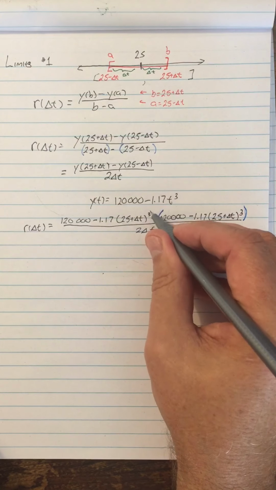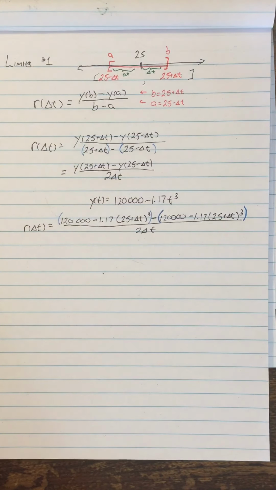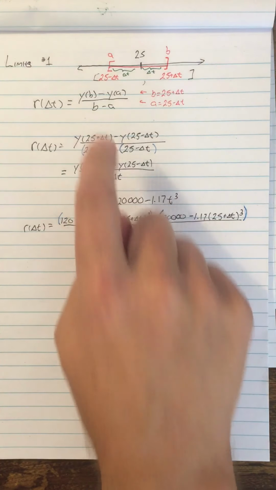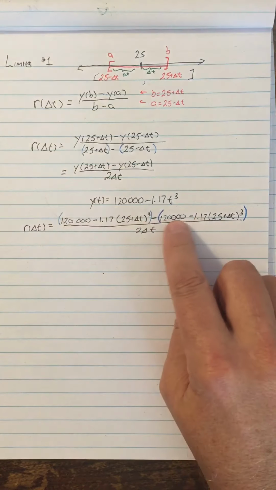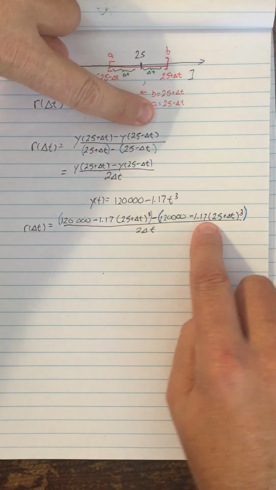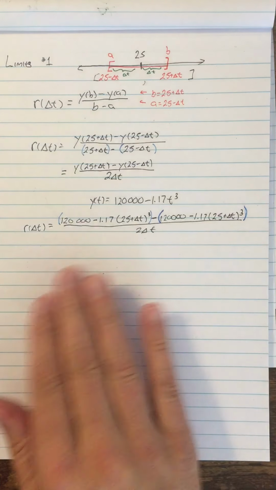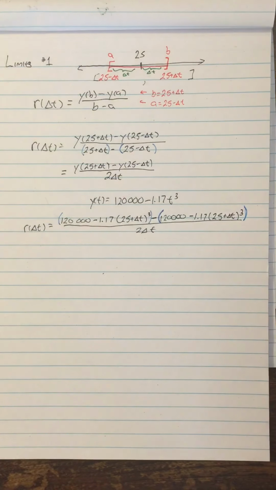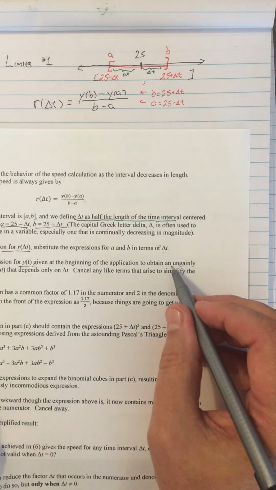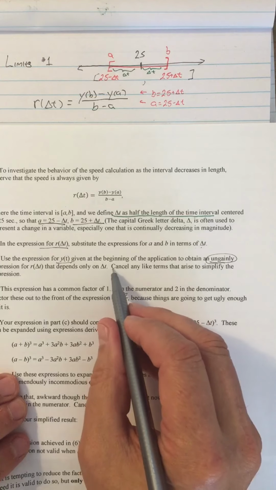Now, it's nice to put parentheses over here again, but we don't have to. They're not functional, but they are sort of suggestive in terms of this is y of 25 plus delta t, this is y of 25 minus delta t, and a minus sign in between them. All right? So that expression is quite ungainly. Yes, ungainly. All right, so now in the next video, we're going to cancel any like